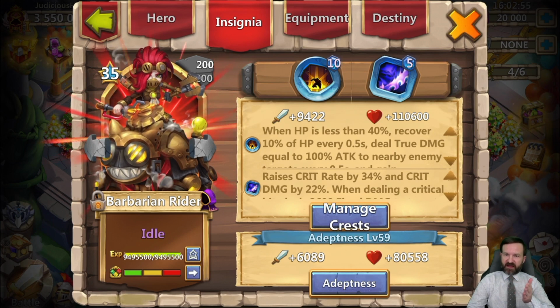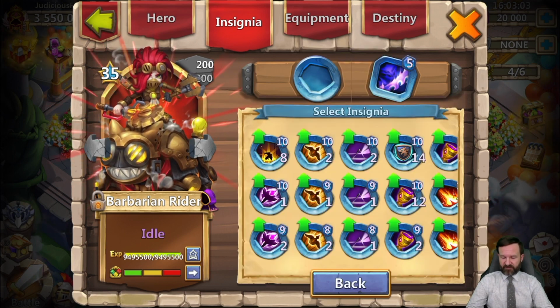It's going to go down incrementally. You'll get Healing Riposte to trigger and activate, and you'll get a really nice healing process for this hero. If we are